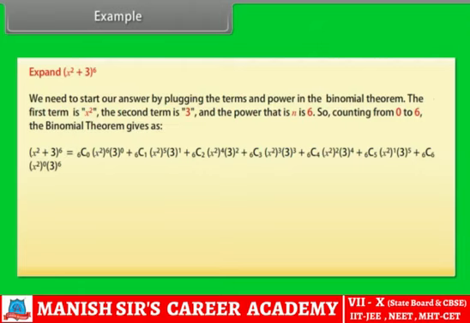into 3^1 plus 6C2 into (x²)^4 into 3^2 plus 6C3 into (x²)^3 into 3^3 plus 6C4 into (x²)^2 into 3^4 plus 6C5 into (x²)^1 into 3^5 plus 6C6 into (x²)^0 into 3^6. After simplification, we get